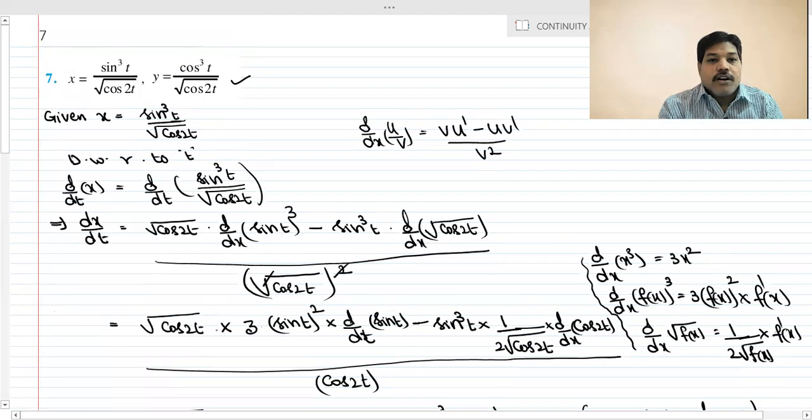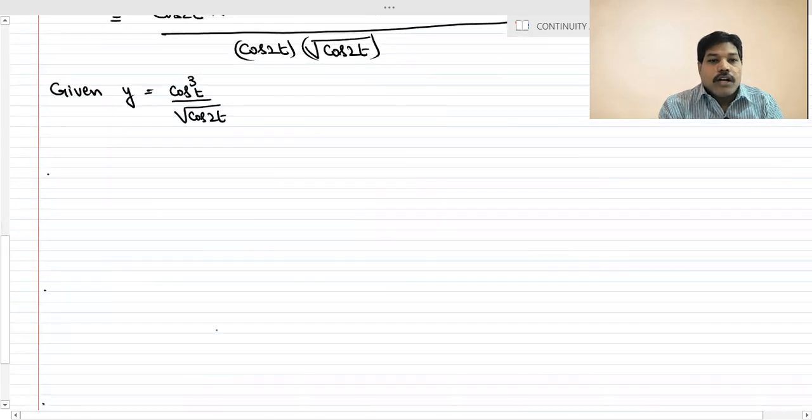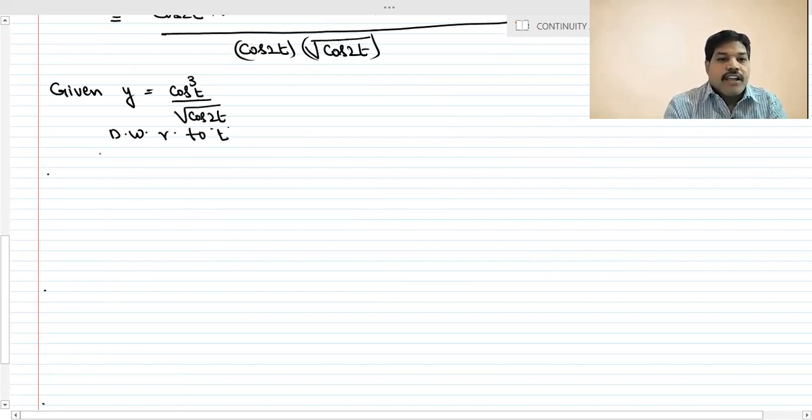The y value is nothing but cos cube t by root cos 2t. So what will we do? Just differentiate with respect to t, differentiate with respect to t. So that is nothing but dy by dt, that is d by dt of y